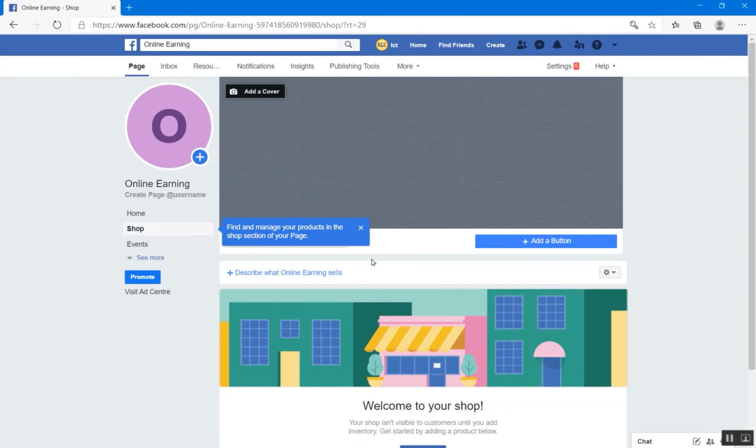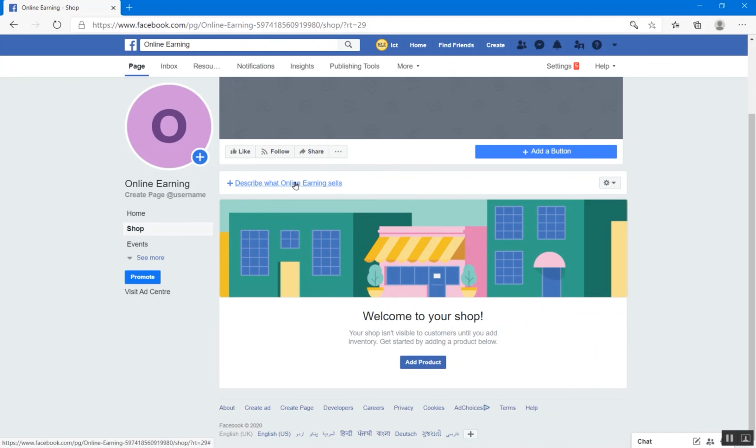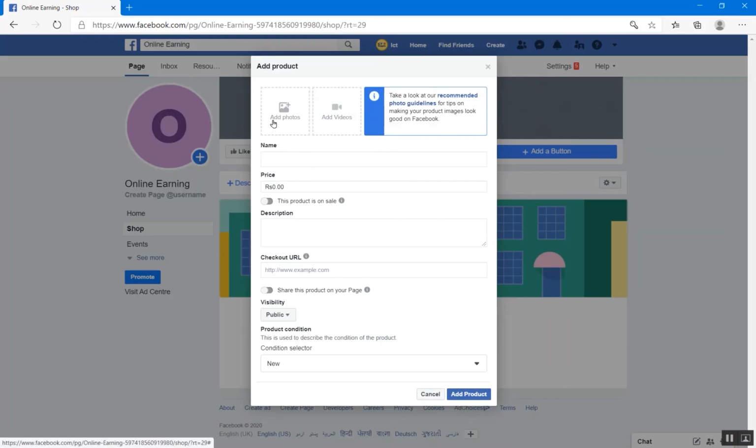And over here you can manage your products in the shop section of your page, and over here you can give some description of your business, and after that you just need to add your products. You can add your products one by one. For example, if you click on add product, what you have to do is, first of all,